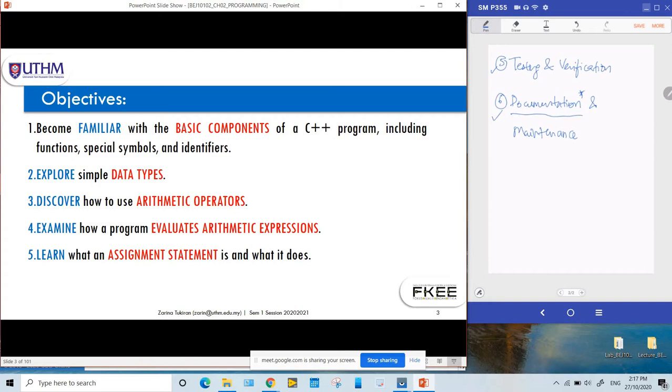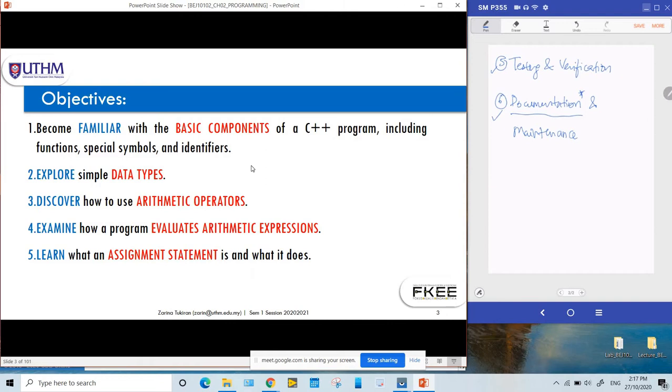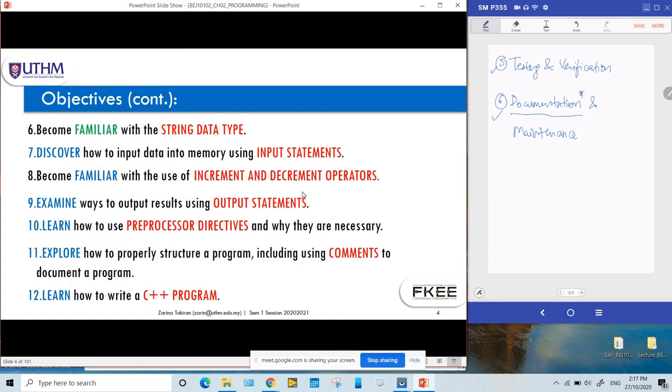by introducing you to these 9 subtopics, you will get familiar with the basic components of C++ and explore what data types, the operators, the expression are, how to use assignment statements, how to use string data type, how to use input statements, output statements, and how to use increment and decrement operators, preprocessing directive, also comments, and how to write the whole program of C++. Okay,